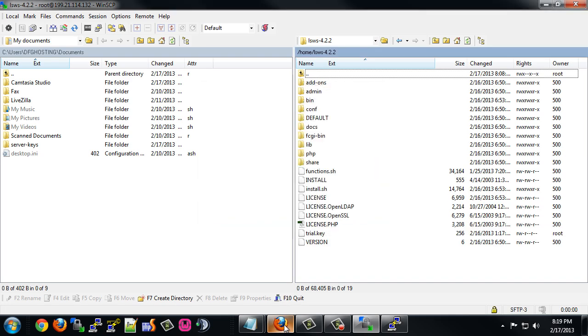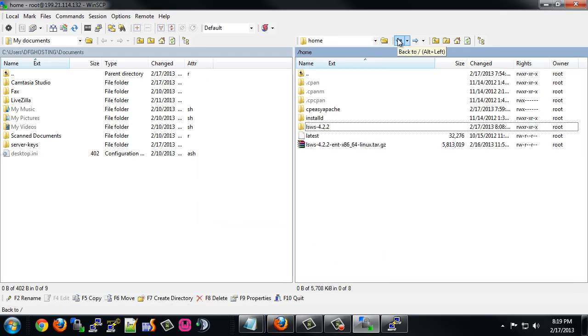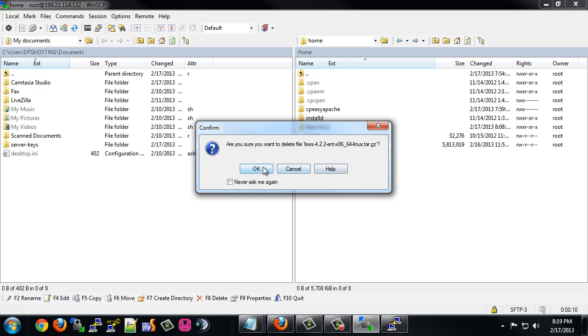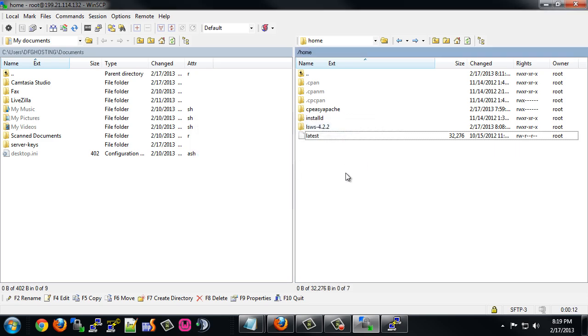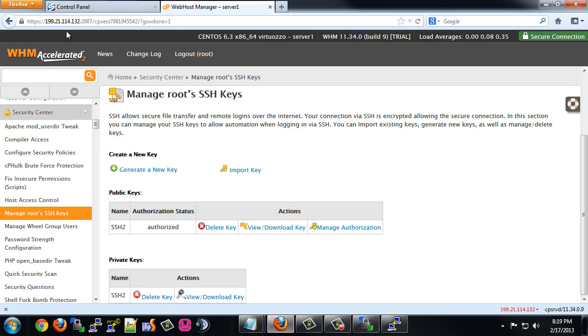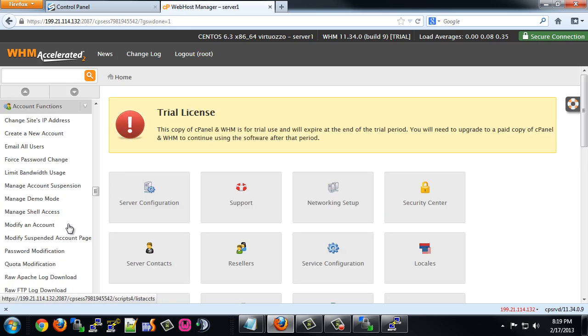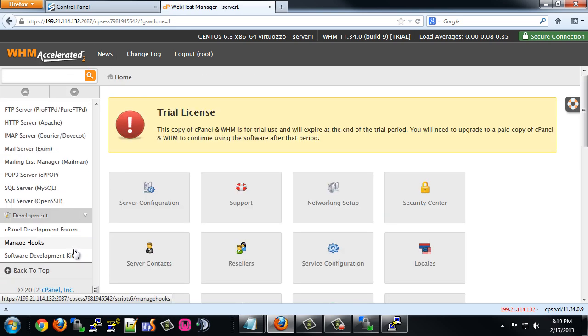And we're restarted. So I enter my passcode again, and I'm back in here. And I can go back into home. I can go ahead and delete this. I don't need it any longer. So we'll get that out of the home directory. And if we go back into our WHM and we scroll down to the bottom here,